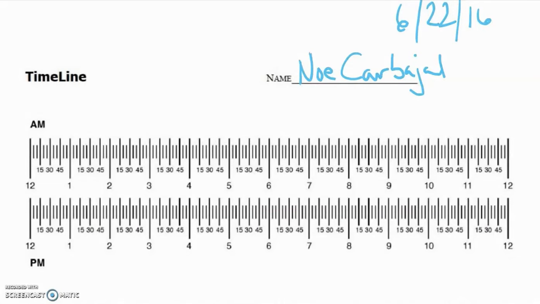To solve the problem and avoid the misconceptions, we're going to use a timeline for a 12 hours AM and PM. Okay, we're going to start out our timeline at around 11:44 a.m., which is the time that the movie started. Okay, and then we're just simply going to move along in our timeline. So from 11:44 to 12,